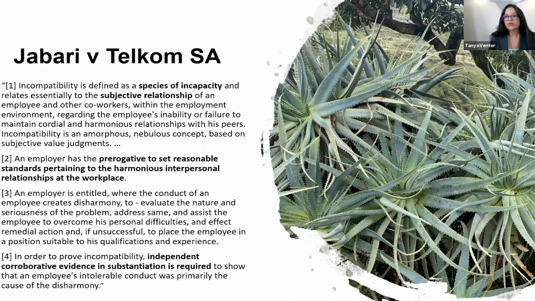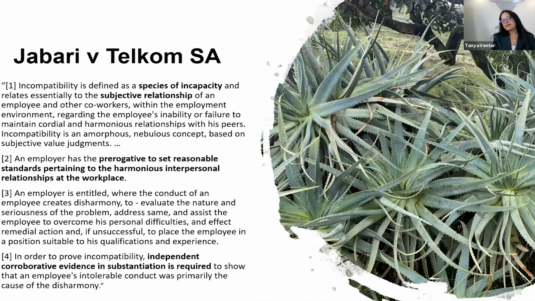So certainly not a new concept. But what we are seeing, I anticipate, is a significant increase in the number of incompatibility dismissals in the workplace going forward, and that will be attended to in our courts as well. But coming back to Jabari,